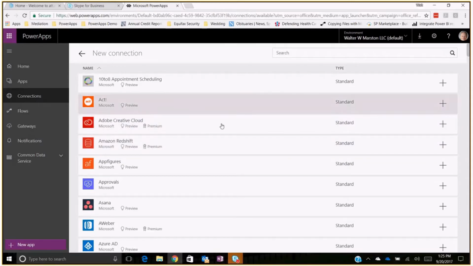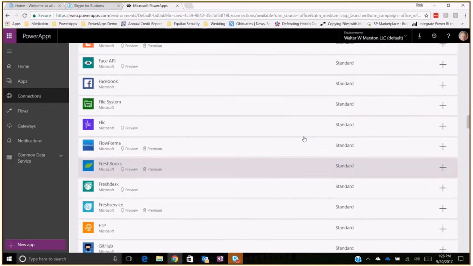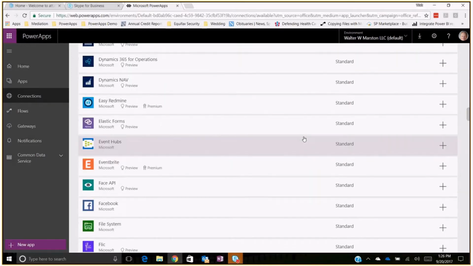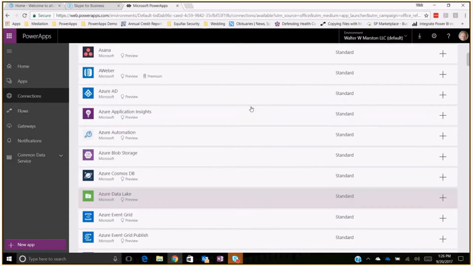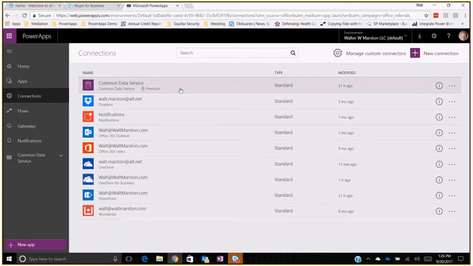Let's see, what else did I want to show you here? But I think you understand how that works. Typically the things that are free with Office 365 are your SharePoint environment and OneDrive. And in this case, I have my personal OneDrive as well, and your Outlook, and the Common Data Service is kind of a neat thing. I haven't worked with it a lot. I think I have one app that's made based on that. But let's see, we can look,